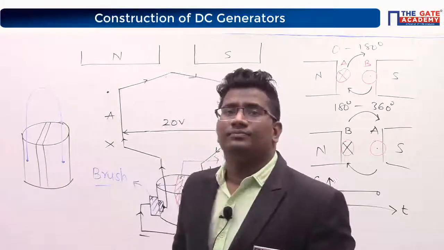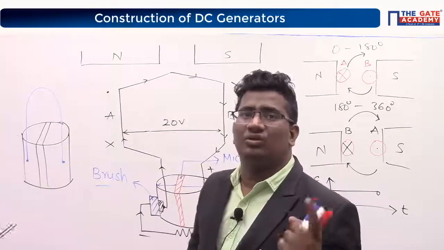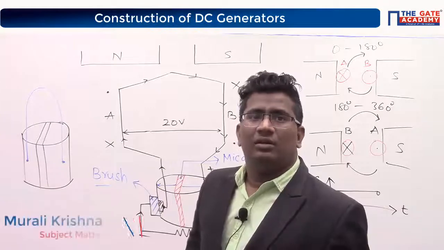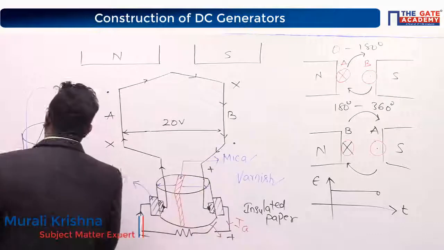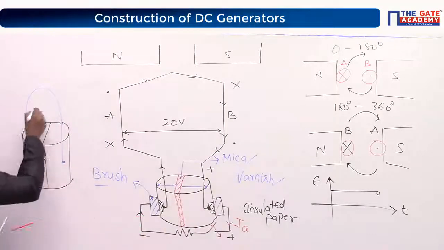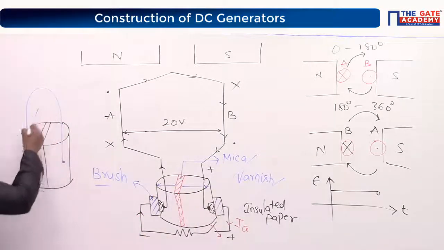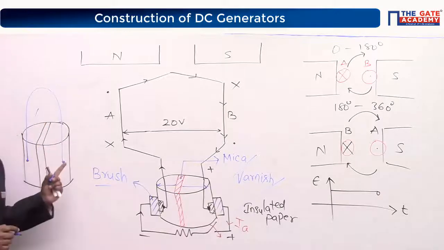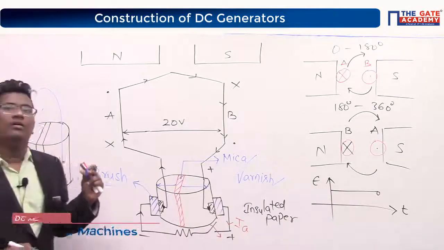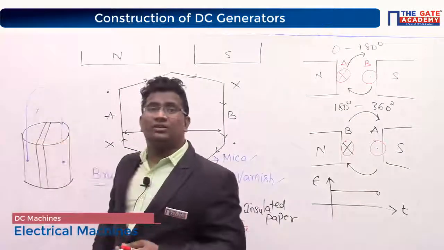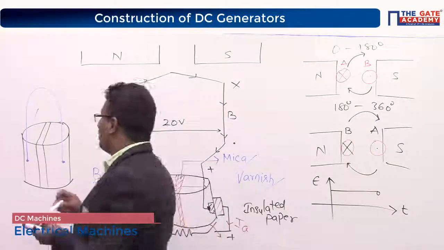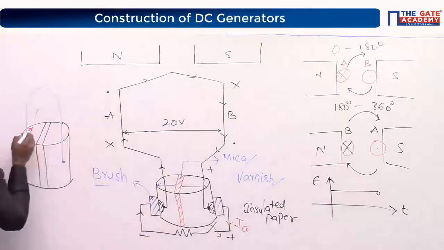Respond. Yes or no? Only one answer. Another coil. No, you cannot connect. If you connect again, what will happen? Indirectly you are doing short circuit, right? Two coils are short circuited or not? Two coils are getting short circuit, then again you have to provide one more insulation like this.